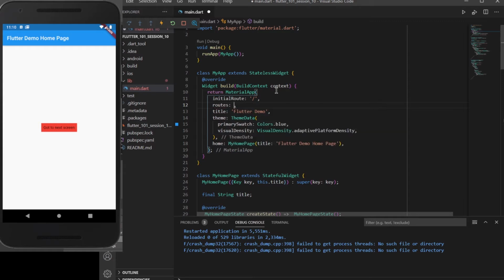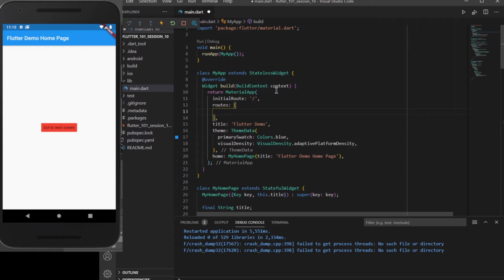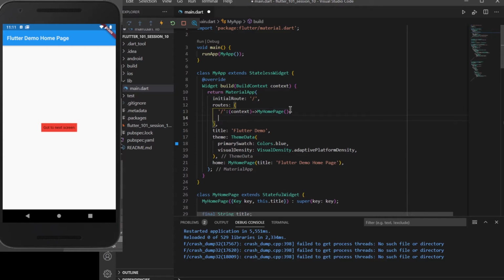The routes take a type of like JSON values, and we need to assign key value pairs for it. For the initial route, we want the context of the app to be set to the first screen. So for our first screen we have my home page. This is basically what we want the app to load when we open the app for the first time. So setting the slash to my home page, and I'll add one more, which is for the second screen.